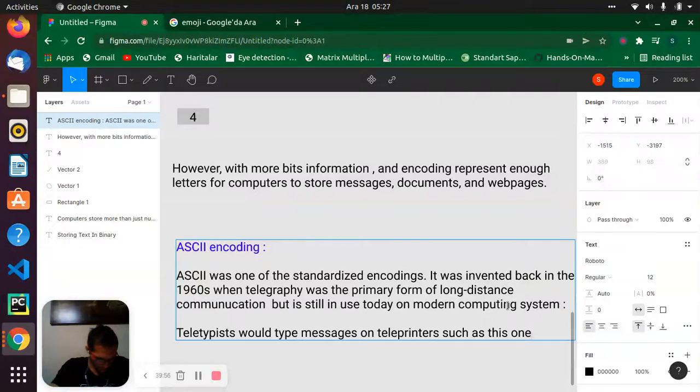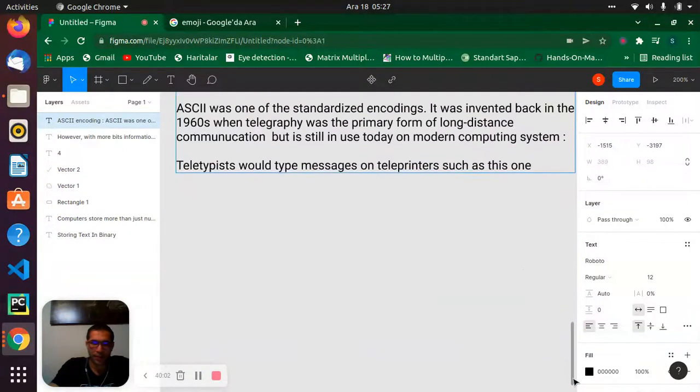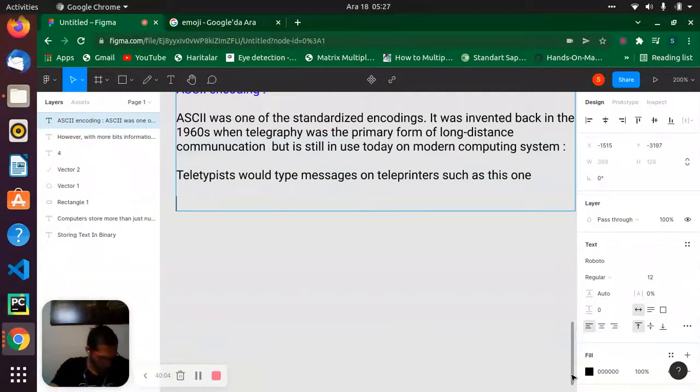And the brand of that, I showed you. This one is just the ACR 33 teletype machine.